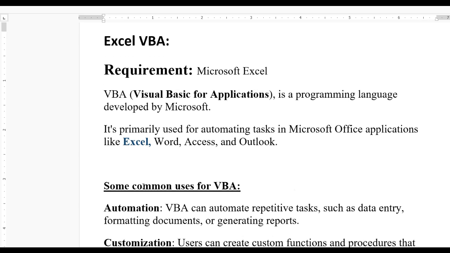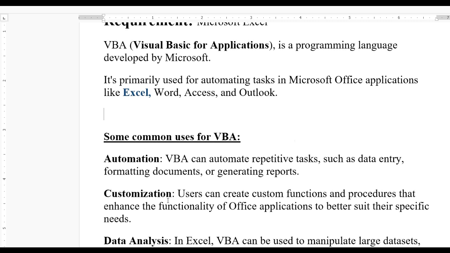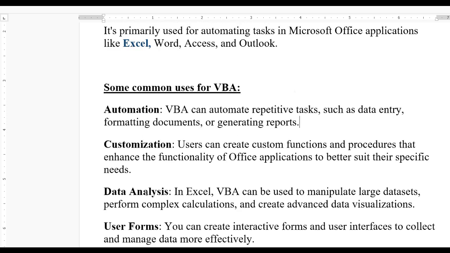Now let us see where you can use VBA. Some common usages for VBA, like automation. VBA, Visual Basic for Application, can automate repeated tasks such as data entry, formatting documents, or generating reports. Second one is customization. Users can create custom functions and procedures that enhance the functionality of Office applications to better